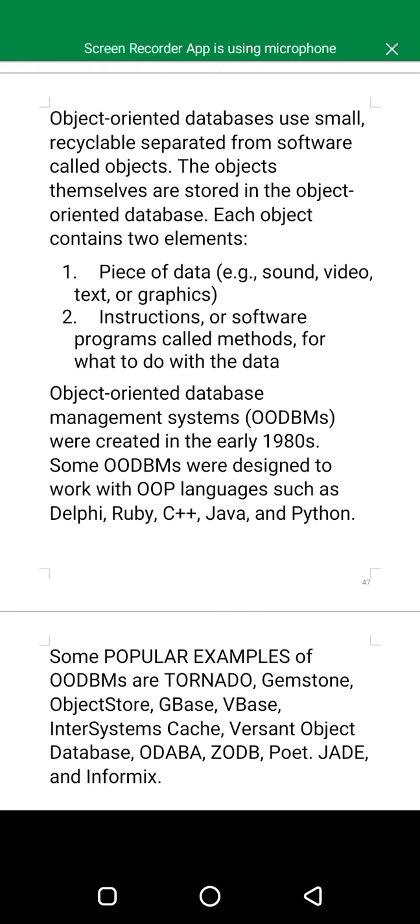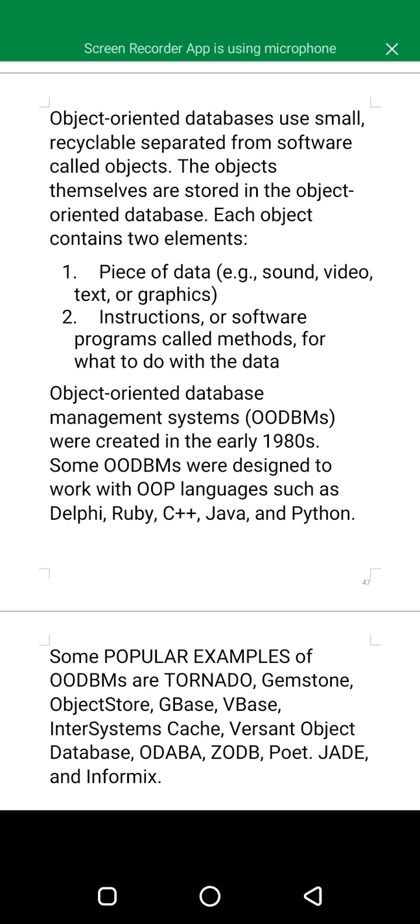Object-oriented databases use small, reusable, separated pieces of software called objects.